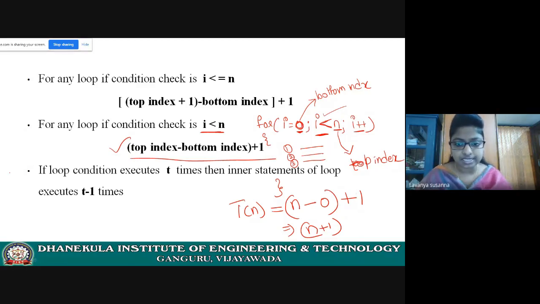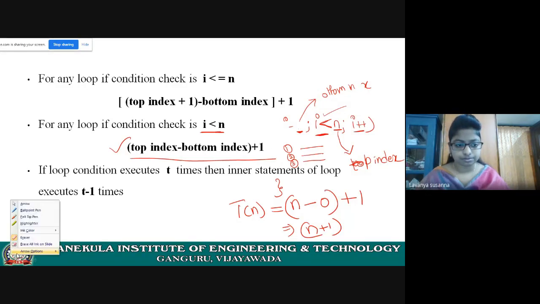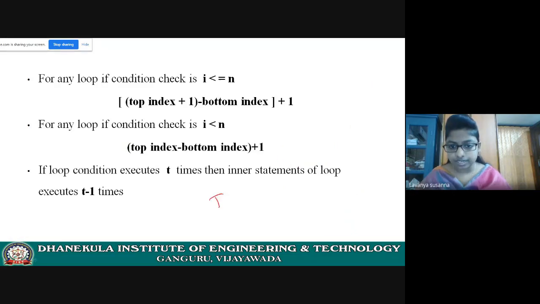Now see this third statement. You got T of n equal to n plus 1.